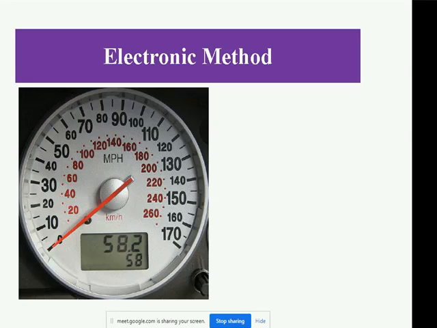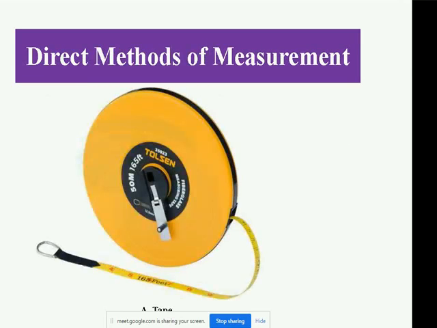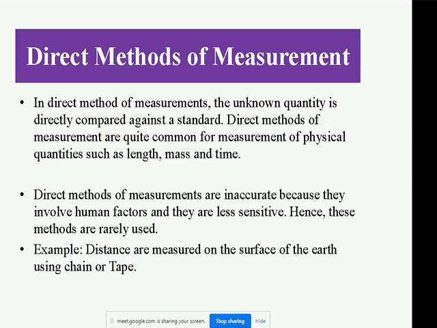And if you see the difference between the direct method of measurement and the indirect method of measurement: in the direct method, the unknown quantity is directly compared against some standard value. So we have a measuring tape, and the tape has markings like 20 centimeter, 50 centimeter, 100 centimeter. Again and again we are changing the position and calculating the distance. So it introduces some errors, because the road surface is not always smooth, some bumps are there, some slopes and curvature are there, which can also cause errors.